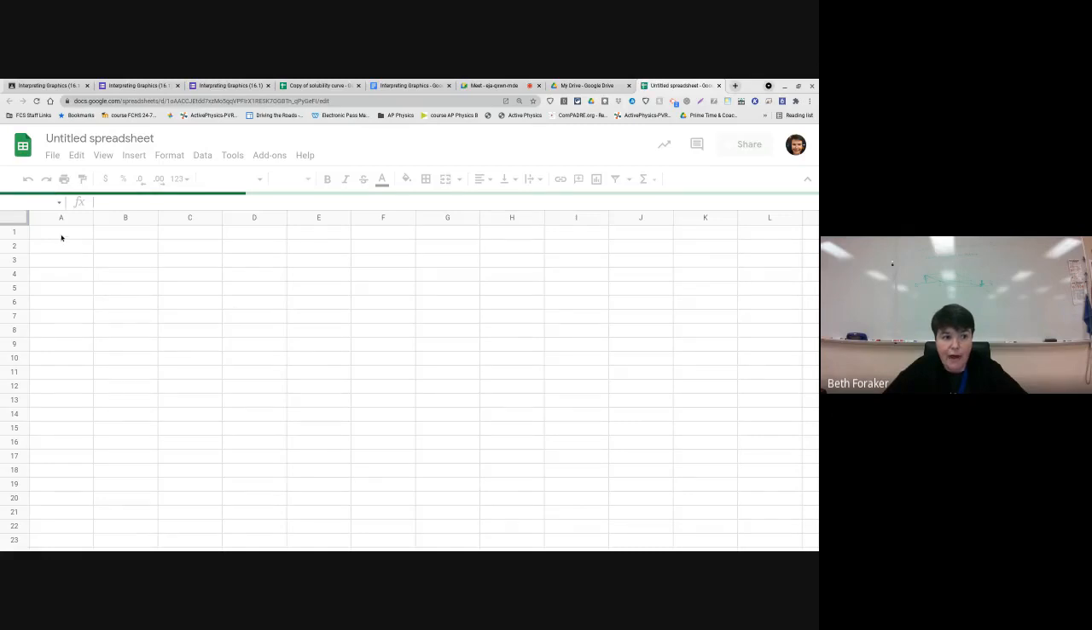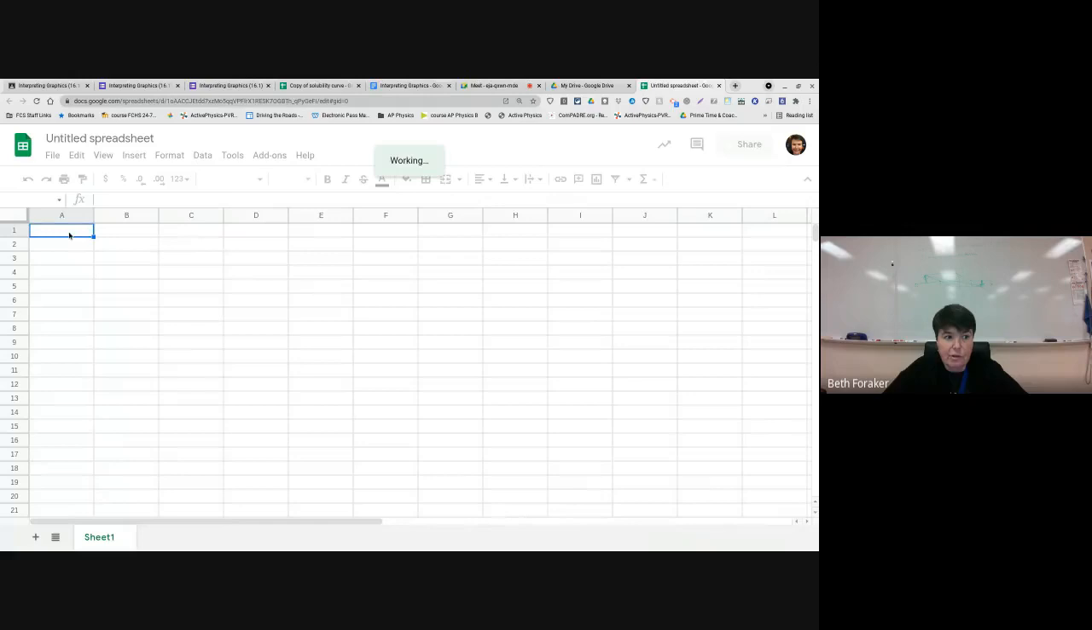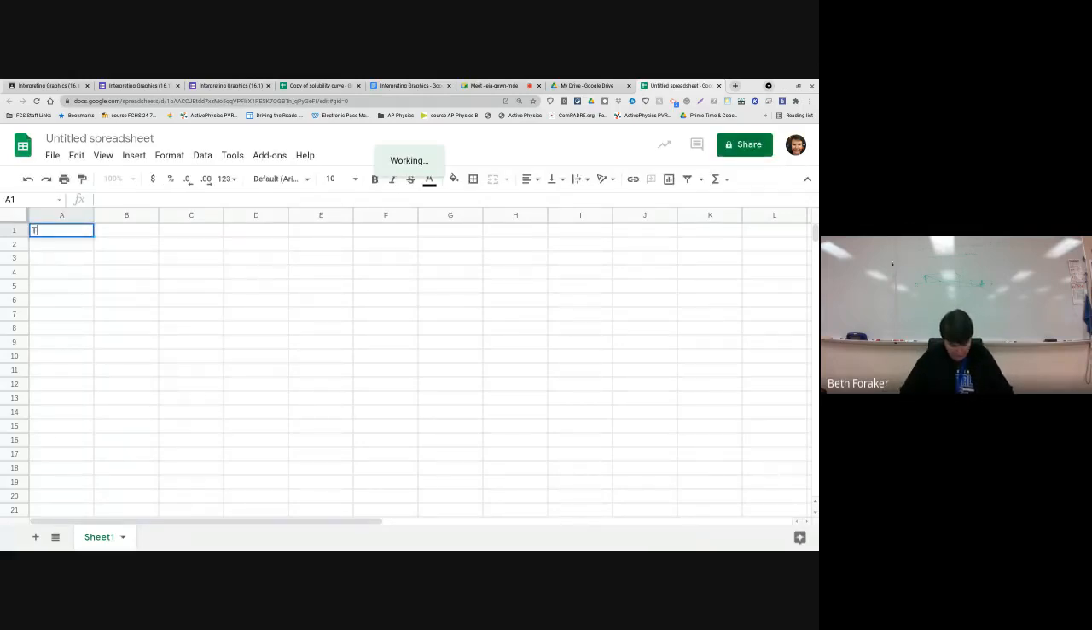And then you just follow the directions. So it says in the directions, open a new Google Sheet. I just showed you how to do that. Then it says enter temperature, parenthesis, degrees Celsius in cell A1. So you'll go to your new sheet and you'll just type in temperature. And then degrees Celsius,